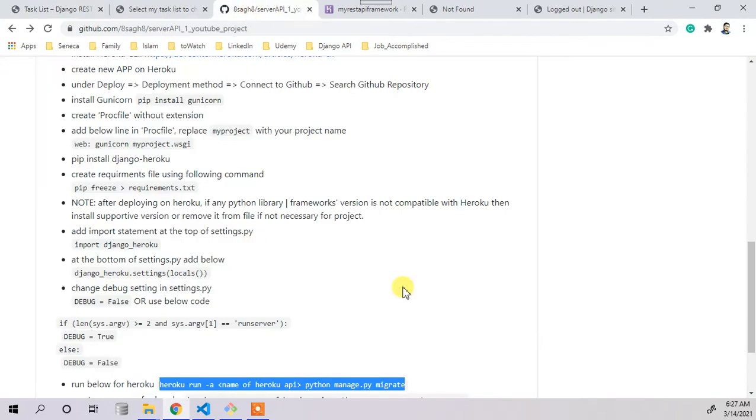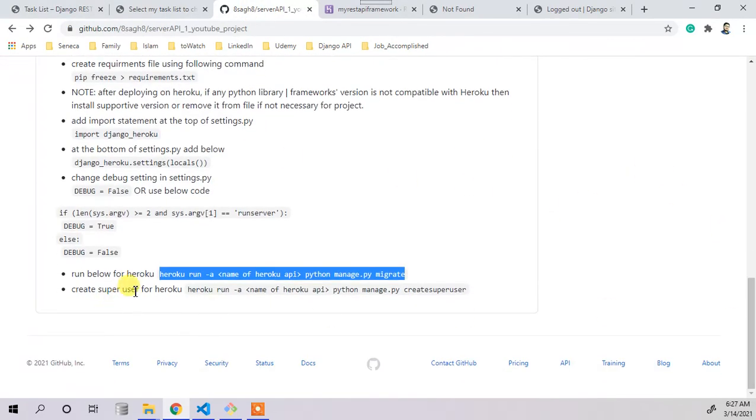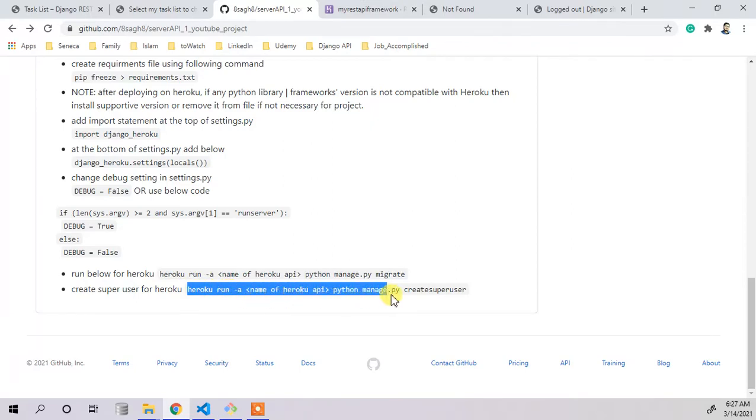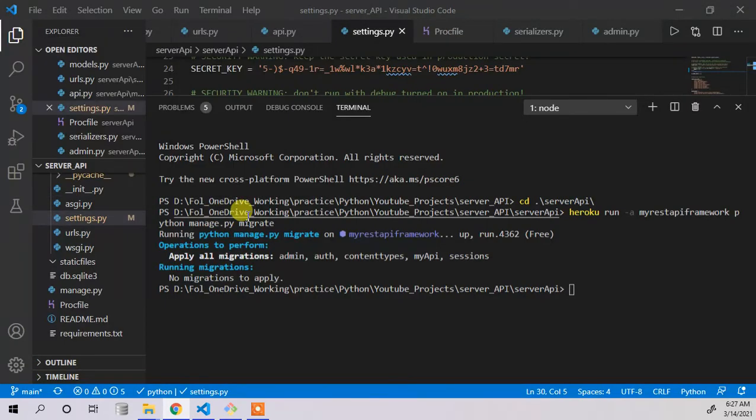Sorry for moving in and moving out. Okay, then we have to type heroku run -a and the name of your app again, and then createsuperuser. Because everything is the same, I keep it the same, and at the end, createsuperuser.